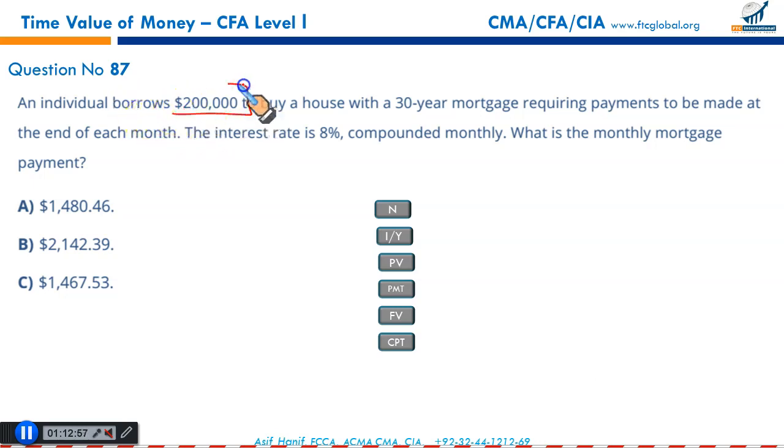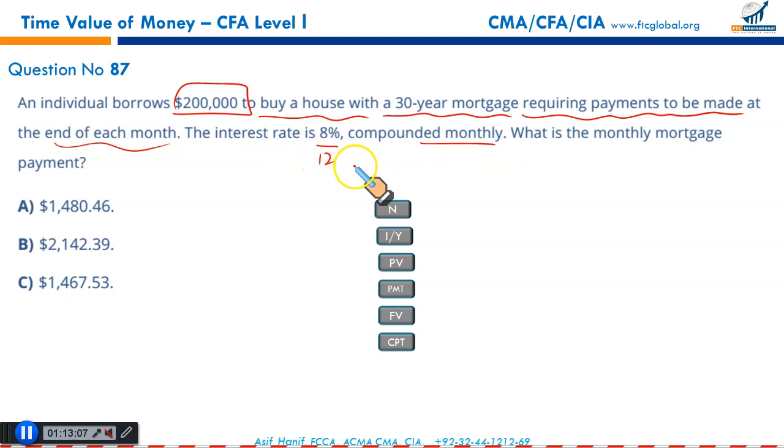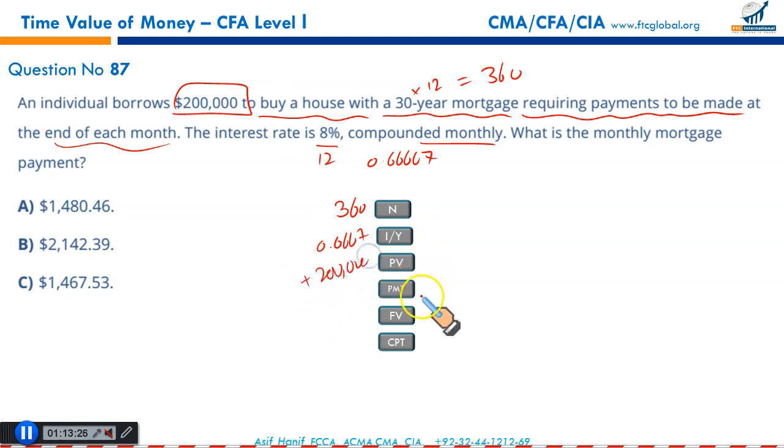An individual borrows $200,000 to buy a house with a 30-year mortgage, requiring payments to be made at the end of each month, ordinary annuity. The interest rate is 8% compounded monthly, means 8 by 12 gives you 0.666667. Since we are talking about 30 years, each year with 12 months means 360 periodic payments. Interest rate 0.6667. Present value, the loan that you have received right now, plus 200,000 inflow, right? What should be the periodic payment if FV is 0? Punch in these numbers, extract it from the question carefully, plug it in the calculator, press CPT PMT, and you get your result,